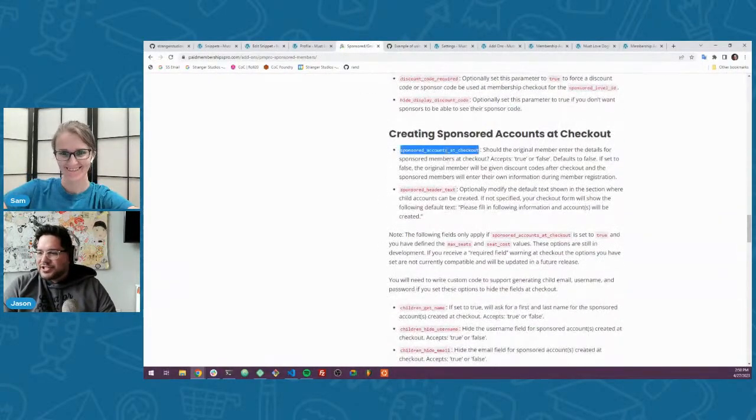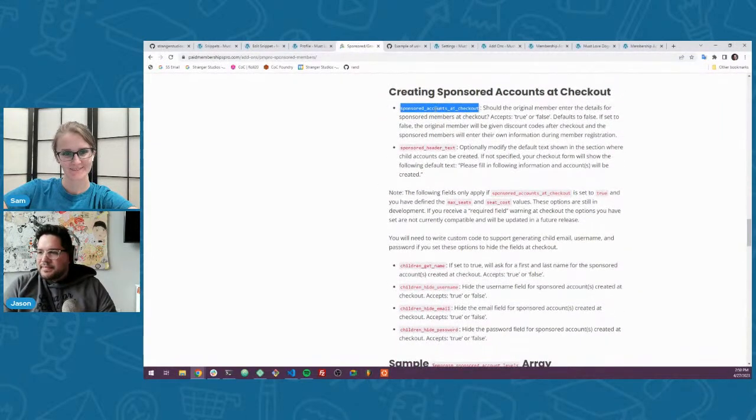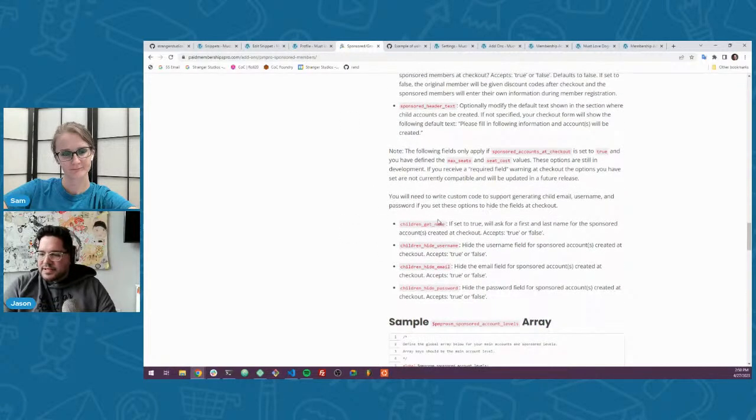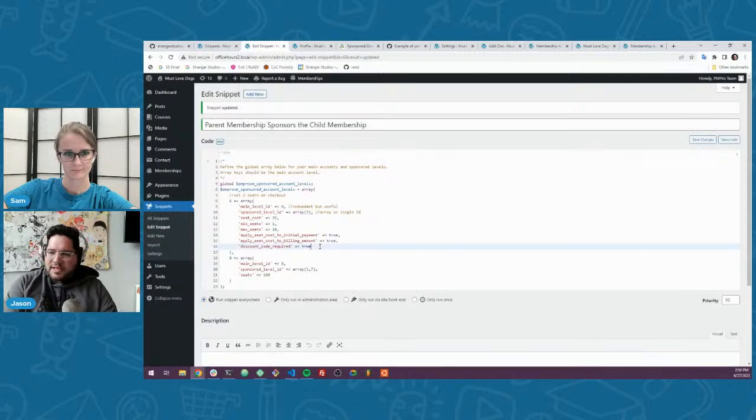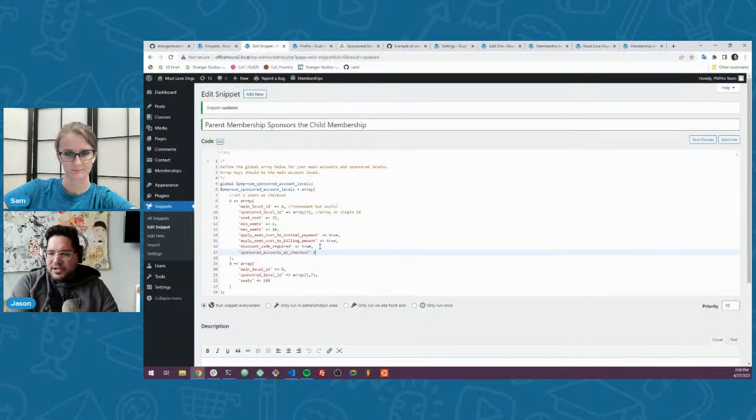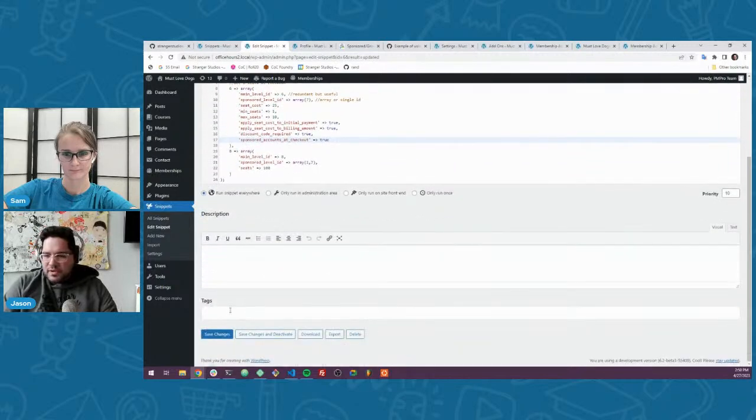Oh, let me show the sponsor accounts at checkout. There are some settings here that kind of explain it. I forget what it shows by default, but you can collect name, username, email, and password. And I don't think it sends a confirmation email. I think you said also send the children a confirmation email. I may or may not be correct on that, but I think it doesn't send an email. You expect a parent to send their own email afterwards. But if you set sponsored accounts at checkout to true, what it's going to do